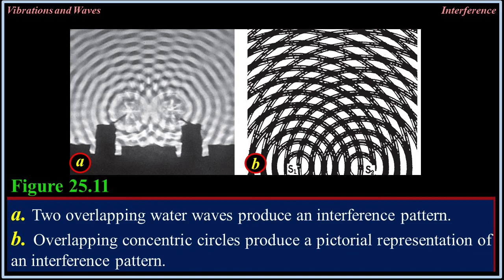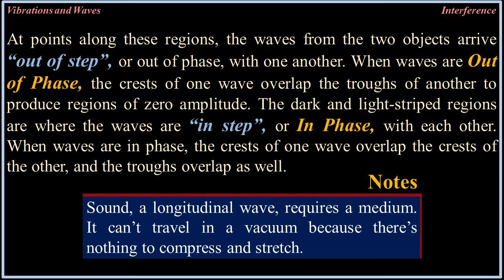2511. A. Two overlapping water waves produce an interference pattern. B. Overlapping concentric circles produce a pictorial representation of an interference pattern. At points along these regions, the waves from the two objects arrive out of step, or out of phase, with one another. When waves are out of phase, the crest of one wave overlaps the trough of another to produce